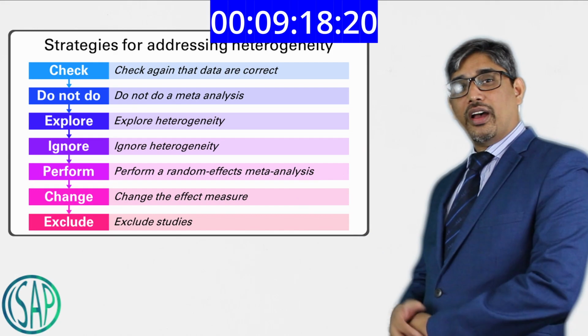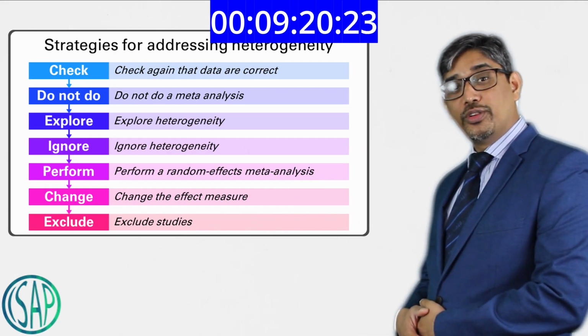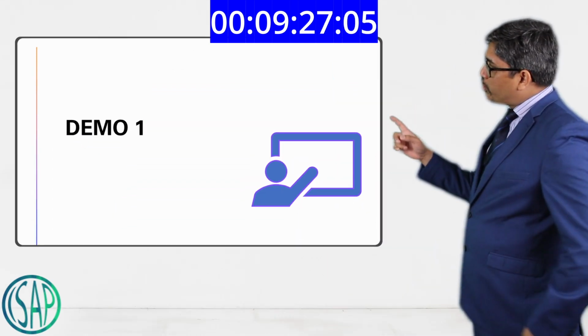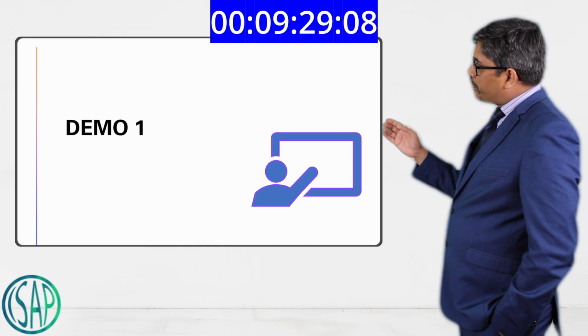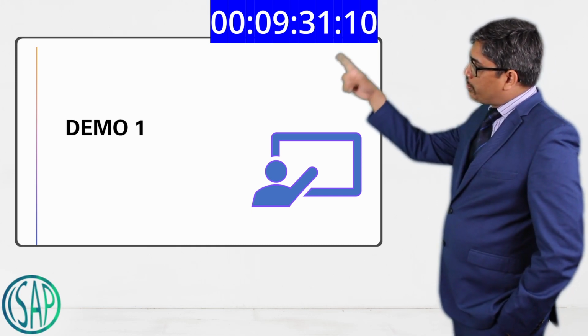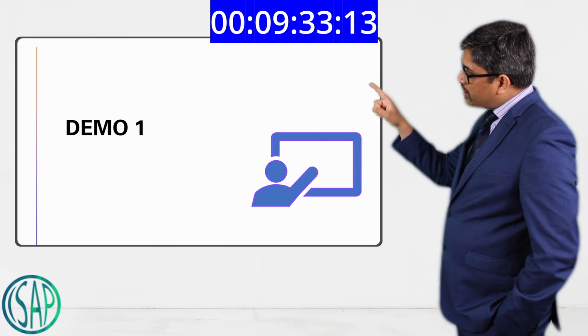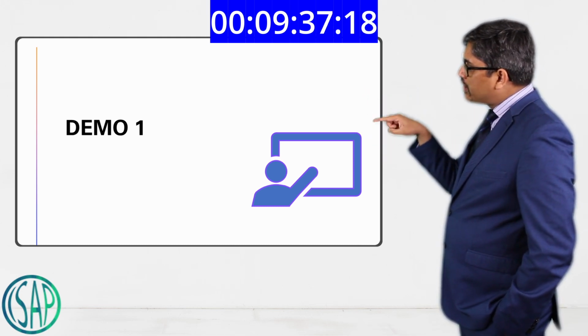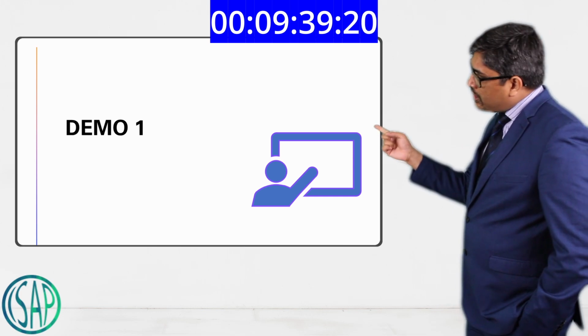This is a demo showing how to exclude the studies outside the 95% confidence contour to reduce the heterogeneity. Here you can see this box plot. These are the studies outside the box plot and these are the studies within the box plot. When I remove the studies outside the box plot, this is the ROC curve.